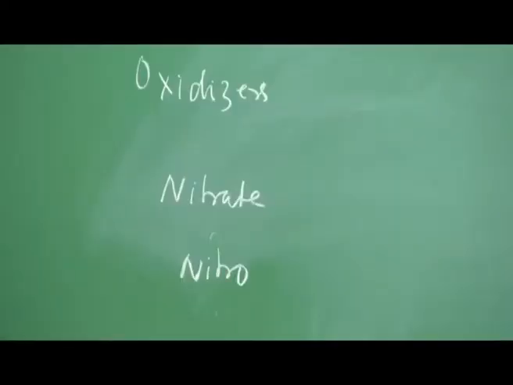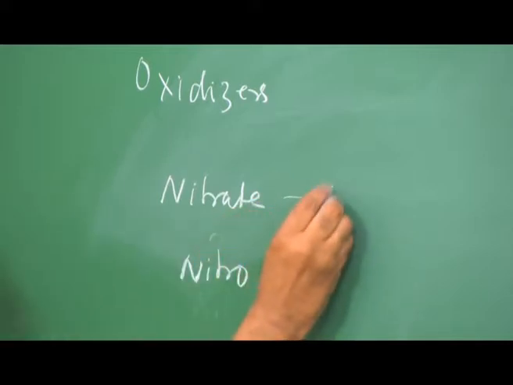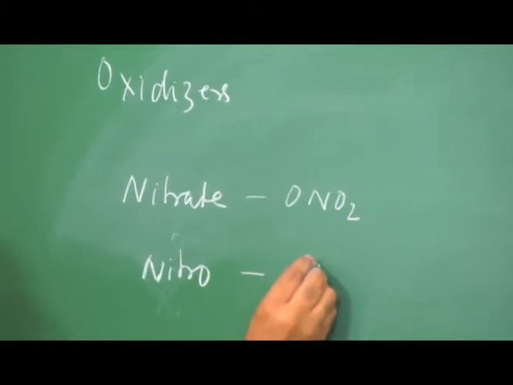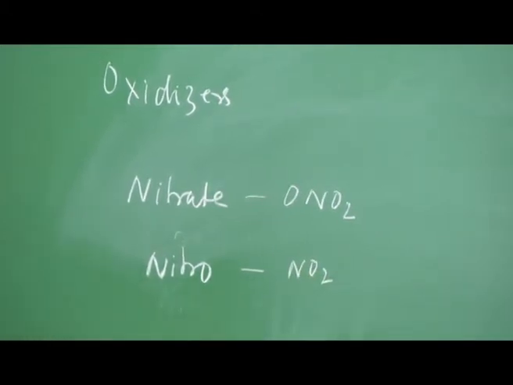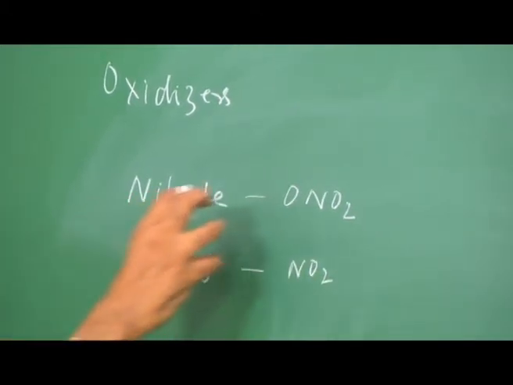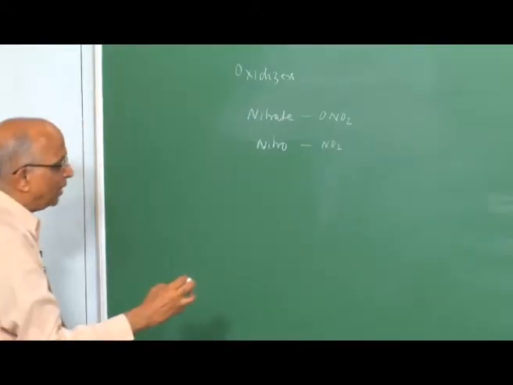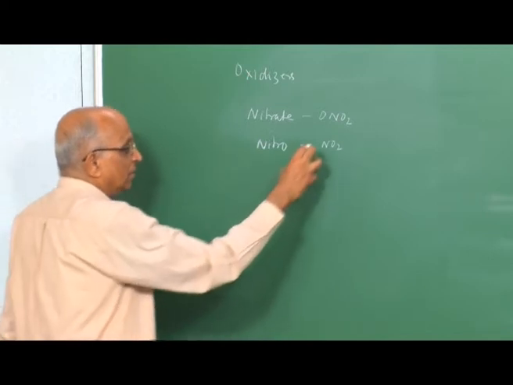What do you mean by nitrate? By nitrate we mean the ONO2 radical. By nitro compound we mean the NO2 radical. Therefore, we normally combine this, and for the particular case with which we are talking today, namely the organic substances